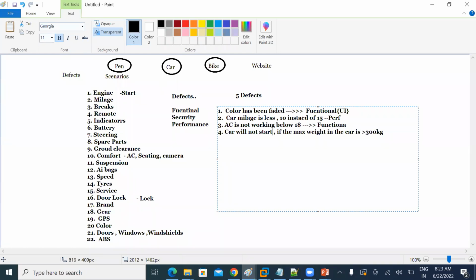Is this a performance defect or security defect or functional defect? It is a performance defect. Okay. Partially you can consider security performance. The next one,